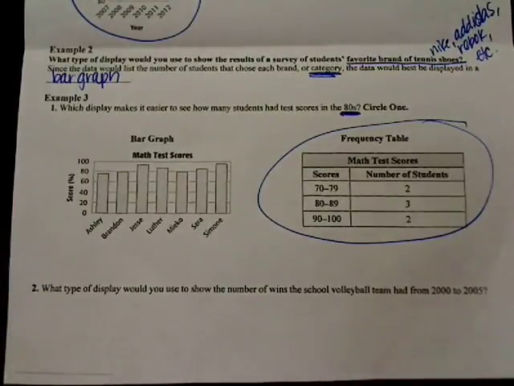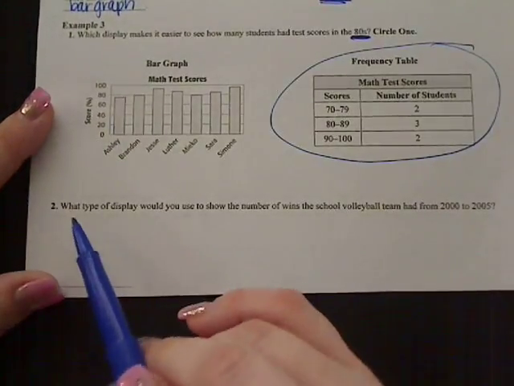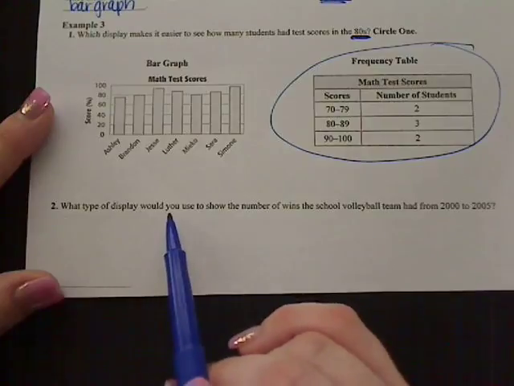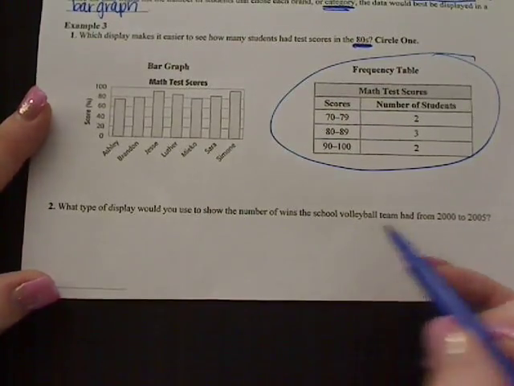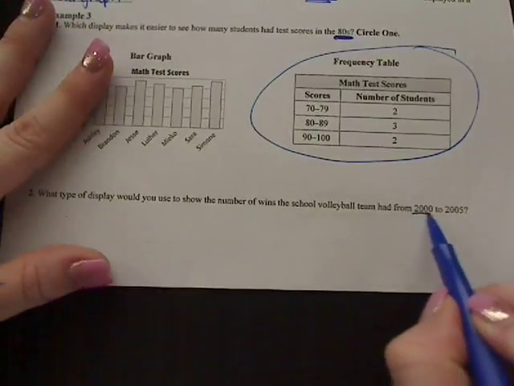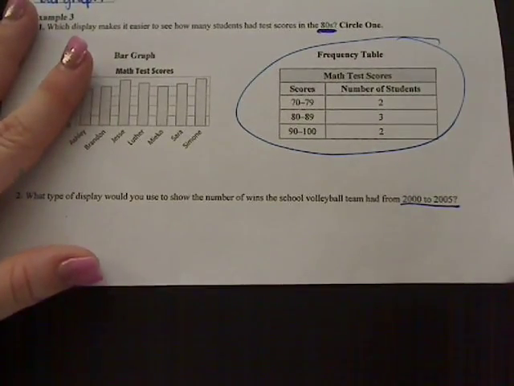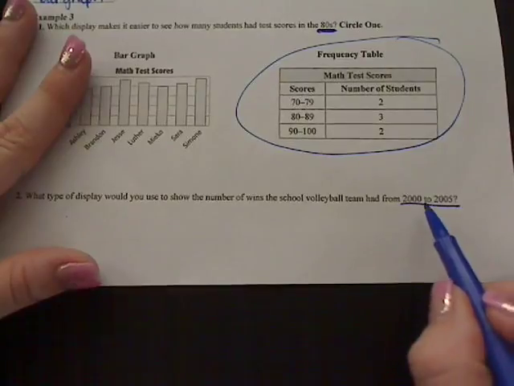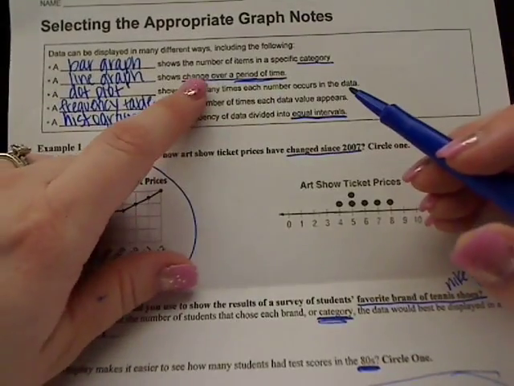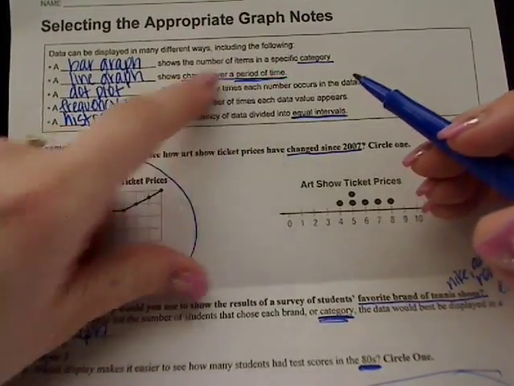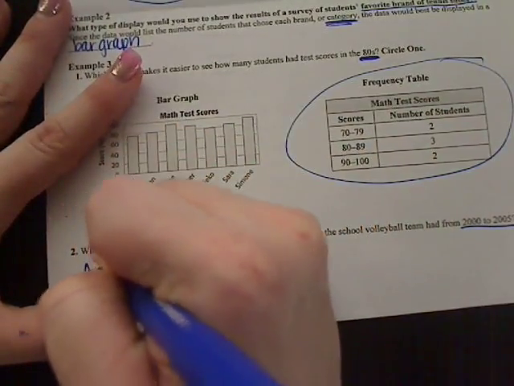And then last one, what type of display would you use to show the number of wins the school volleyball team had from 2000 to 2005? Okay, well, this is the key right here, 2000 to 2005. That is a period of time. So which one shows change over a period of time? That would be a line graph. So a line graph,